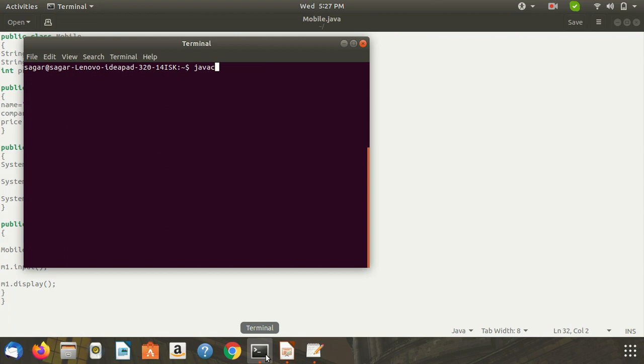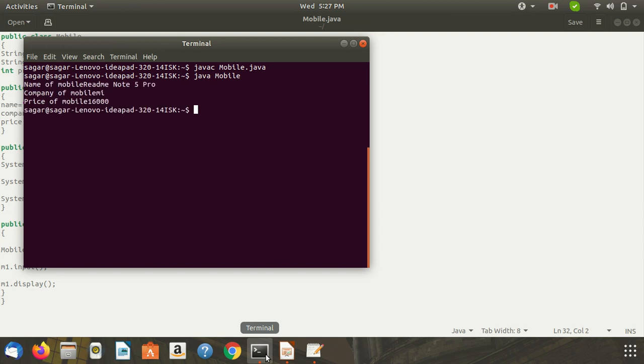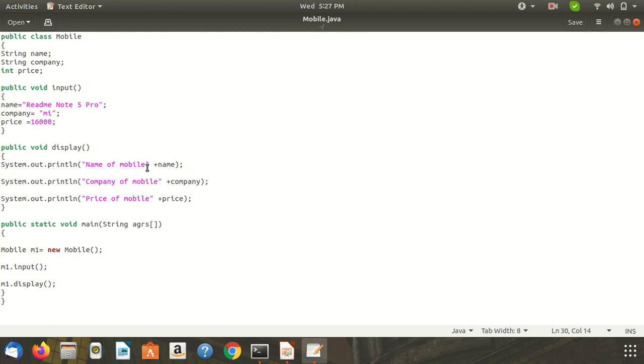So javac Mobile.java, the file name is Mobile.java. After compilation run this program, java Mobile. So it will print the output: name of the mobile, company of the mobile, and price of the mobile. So we can give a space here.